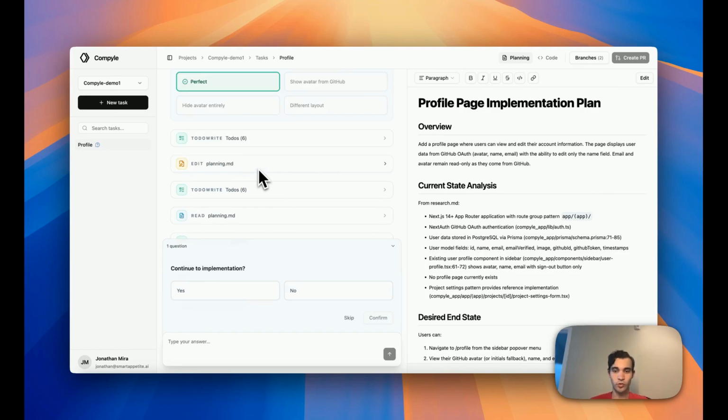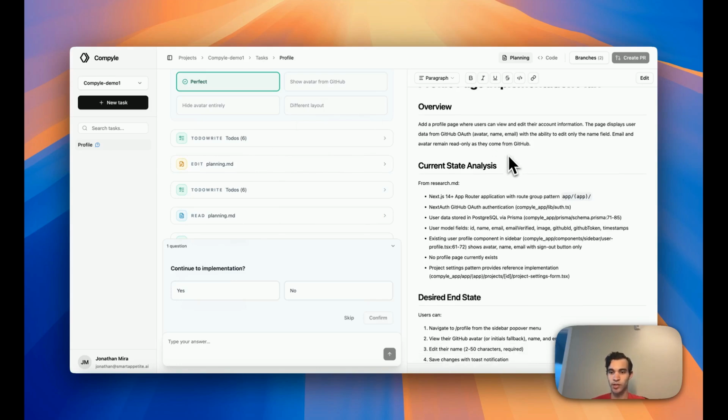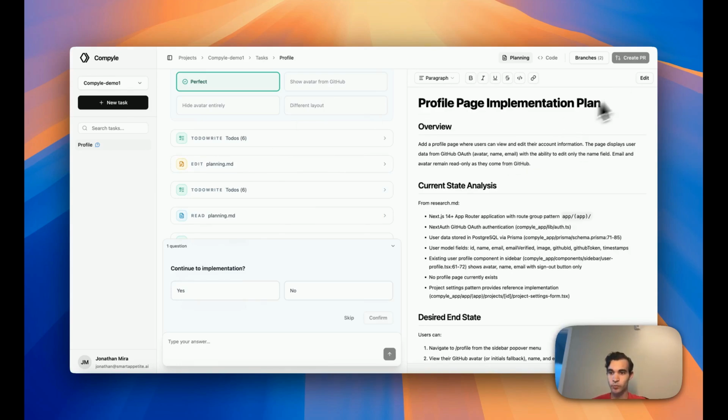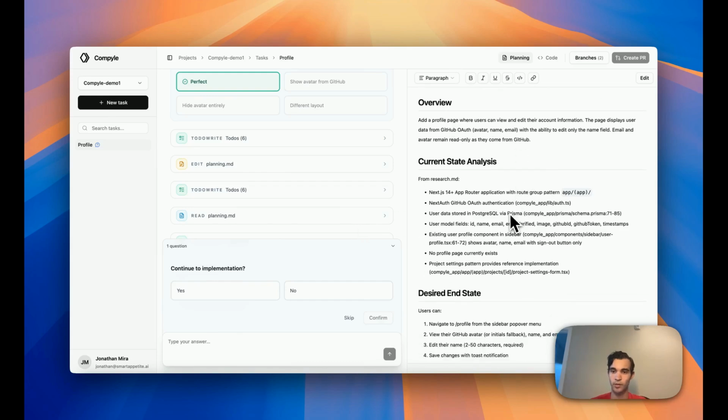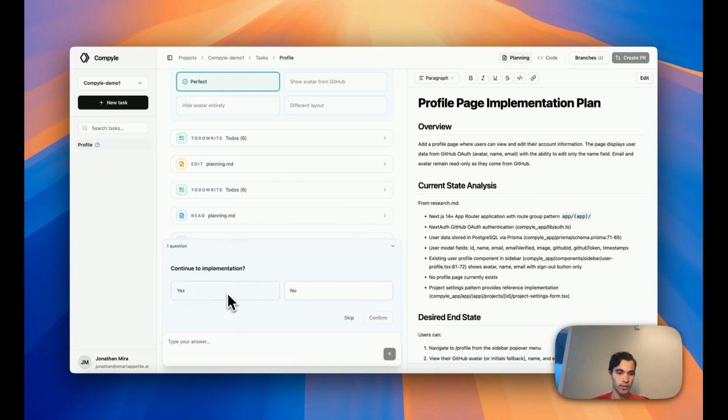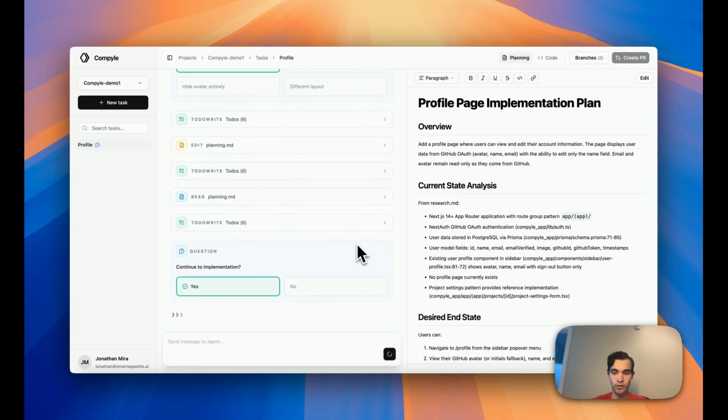Alright, and after a few questions, Compile is now really confident that it knows exactly what to build, and it's ready to start implementing. And it created this detailed planning document on the side here, which I can actually edit if I'd like, if I want to collaborate with Compile on it. But this looks pretty good to me, and so I'll go ahead and approve and allow Compile to continue with